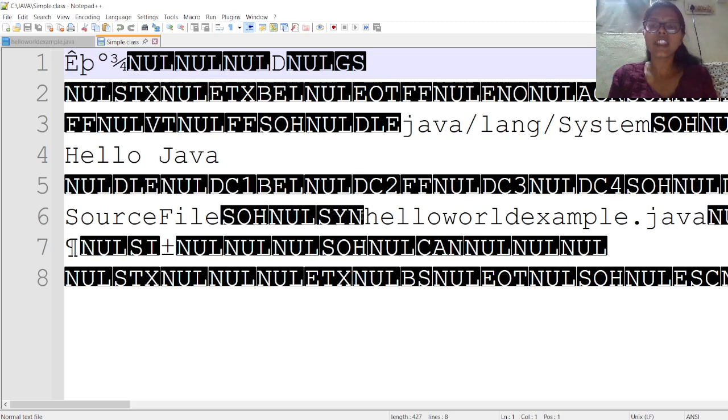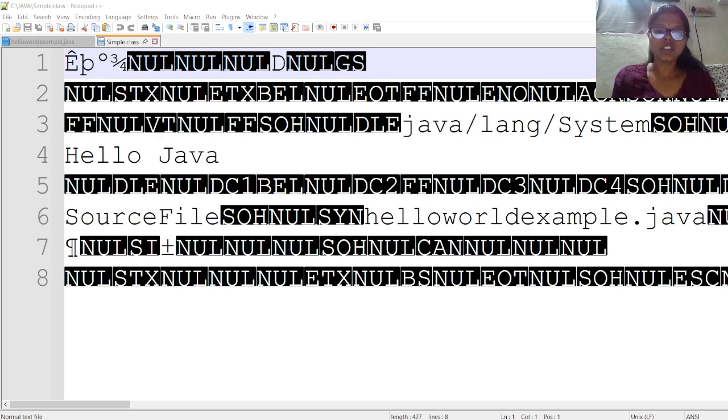This code we cannot understand. It is a bytecode which will be shared to other operating systems, and with the help of JVM we can run this code. It will work as it does in our system. It will give the same output on other operating systems also. I hope it is clear how a Java program is saved, how it is compiled, after compilation how it is converted into bytecode, how it becomes platform independent code.